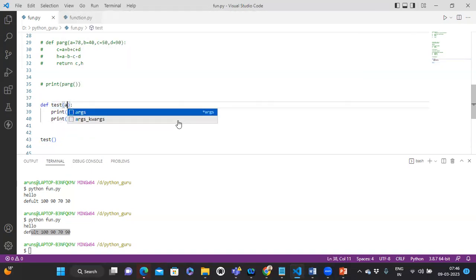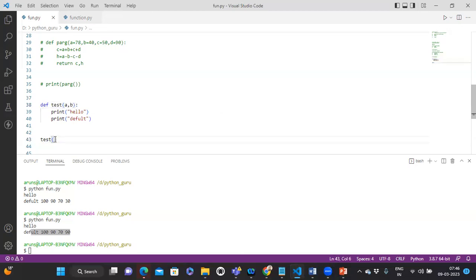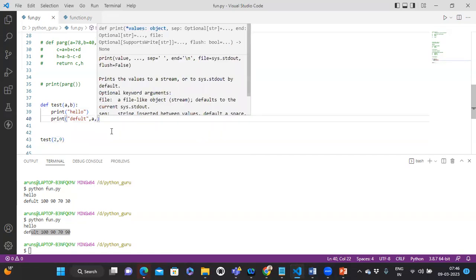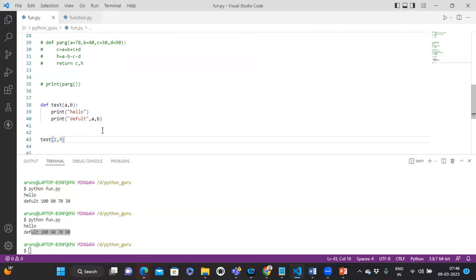सपोज मैंने पैरामीटर पास किया, ए एंड बी, टू पैरामीटर पास किया। पैरामीटर पास किया मींस टू वैल्यू यू शुड बी पास, अदरवाइज इट्स शोइंग एरर। मैंने अभी 2 और 9 पास किया वैल्यू पैरामीटर। अभी मैं प्रिंट कर दूंगा ए, बी। यहाँ पे प्रिंट किया वो वेरिएबल, तो वैल्यू पास करना है वो कॉलिंग के वक्त असाइन करना है। जो अभी आप ये फंक्शन को कॉल कर रहे हो।